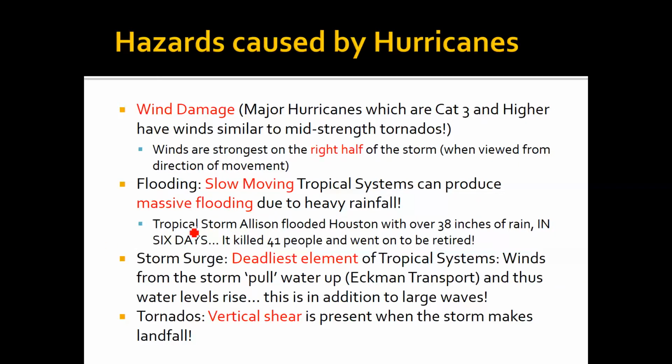Tropical Storm Allison flooded Houston with over 38 inches of rain in a 6-day time period. Well, Hurricane Harvey actually bested that. There were some regions of Houston that received over 50 inches of rain in a 6-day time period,